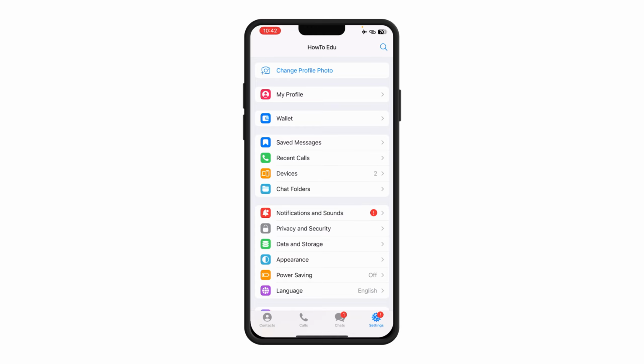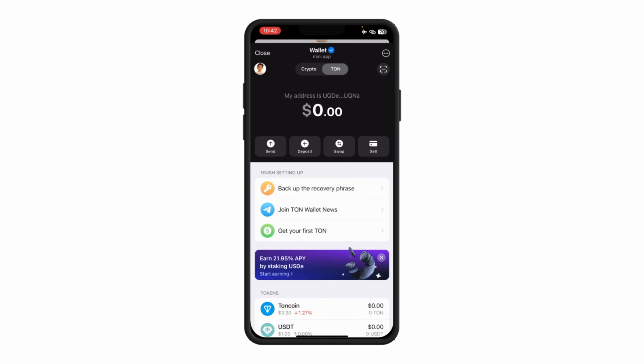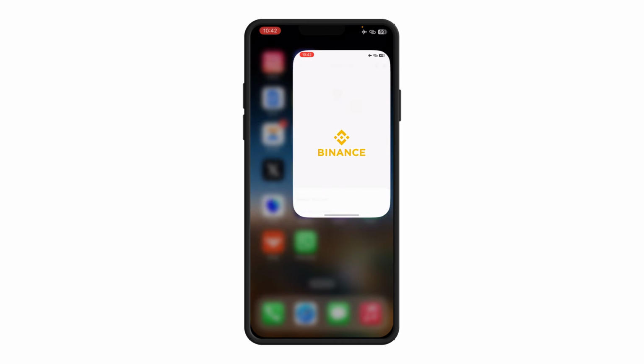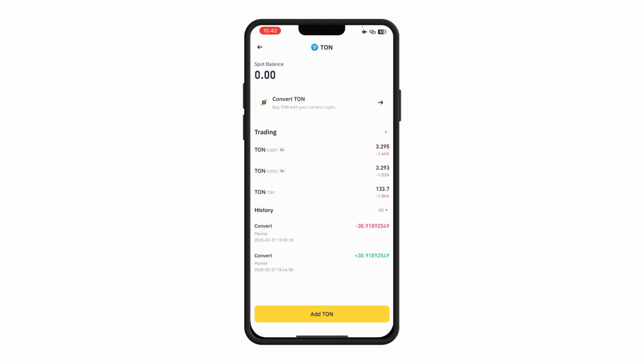go to your Telegram, click on this wallet, that is from the settings option, click on wallet, wait for it to gradually open up. Once it has opened up, click on deposit, wait for it to open up, click on the external wallet. Once you click on it, you're going to be able to get your Ton wallet address. So once I've copied it, go to your Binance,